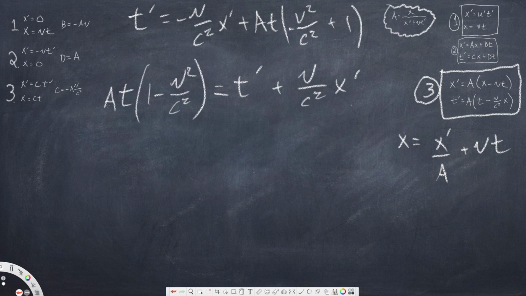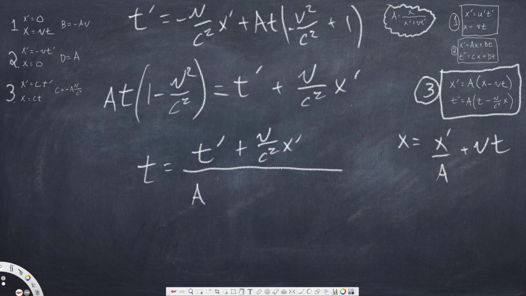So we divide both sides by a times 1 minus v squared over c squared to get t. So then t prime plus v over c squared x prime all over a times 1 minus v squared over